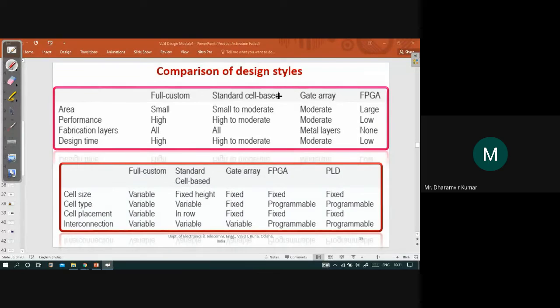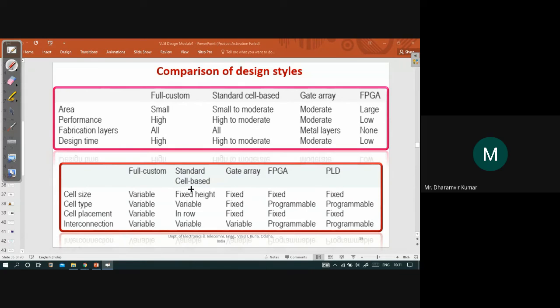So it's very important to decide what kind of application it is going to be, and then to relate it to the particular design style. This design style can be used for this manufacturing of chips because this will be used for this kind of application. So it has to be decided by the designer what kind of approach he should be taking, and then he adopts that approach and goes for the designing and fabrication of those chips.